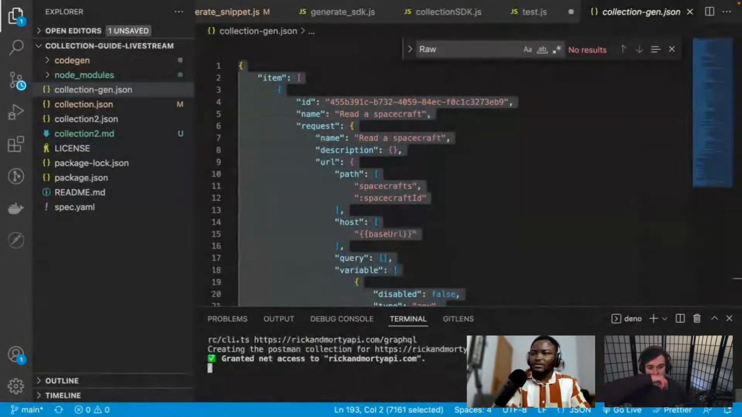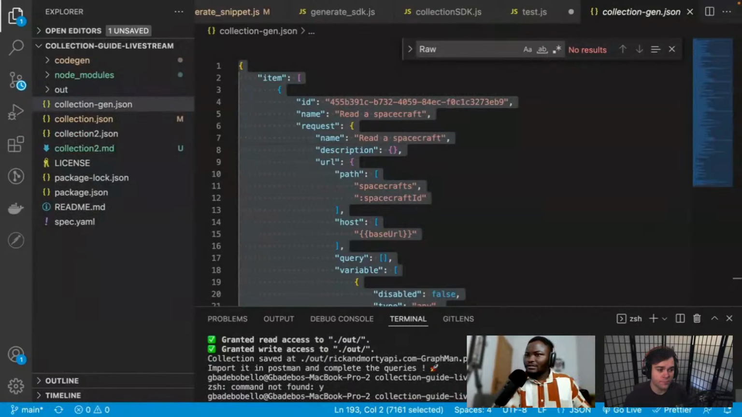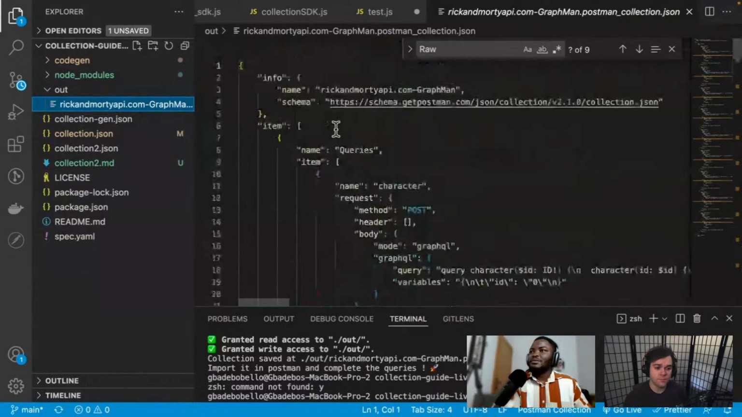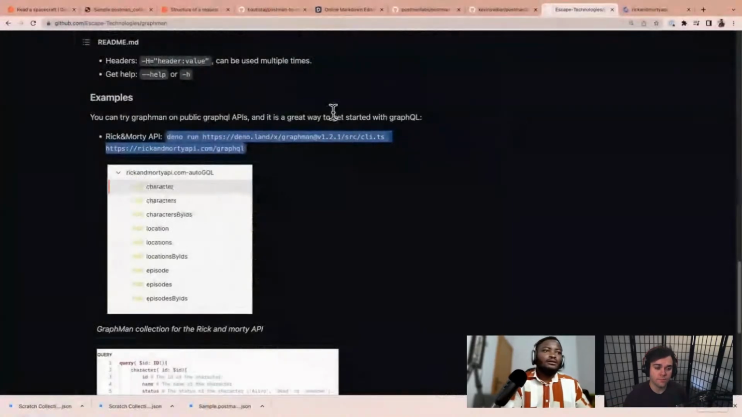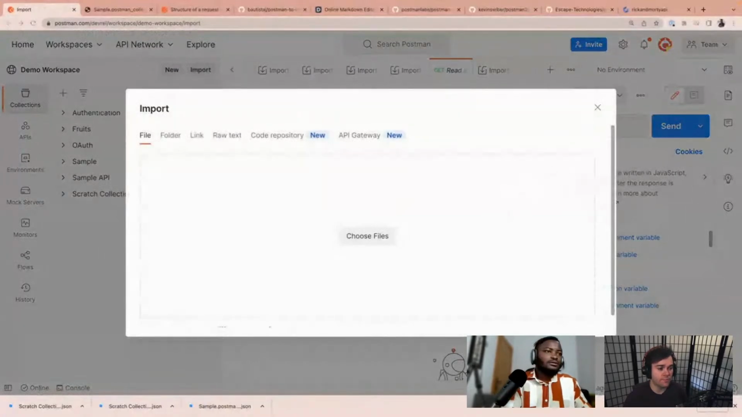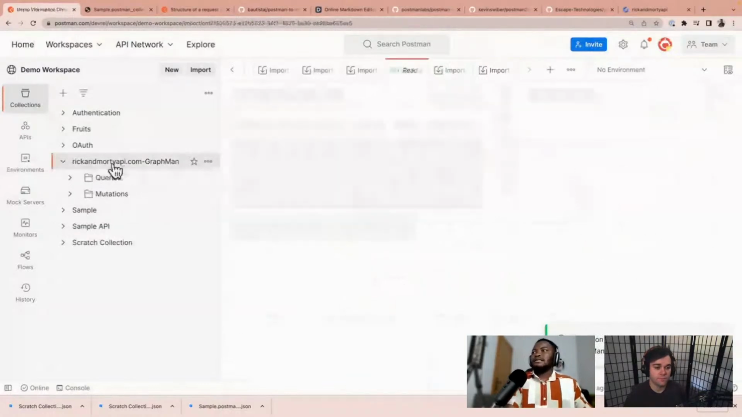And then it's just going to keep asking me if I want to grant access to stuff. I'll just select yes for that. Okay, it's done. And I can see that it generated a file inside this out folder. It generated the Rick and Morty Graphman collection JSON from that GraphQL API. And then I can import this back into my collection. Let me import. And I was able to convert